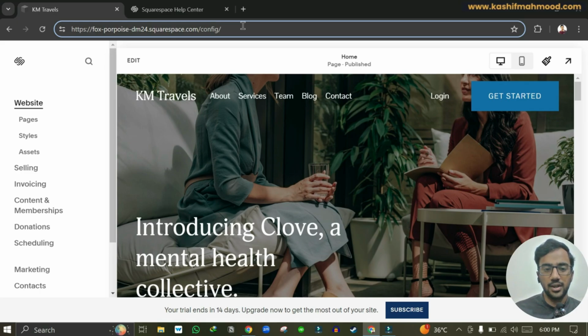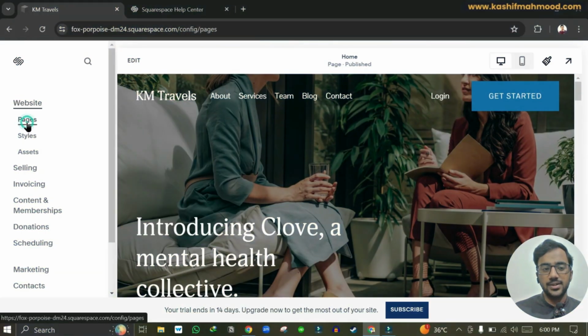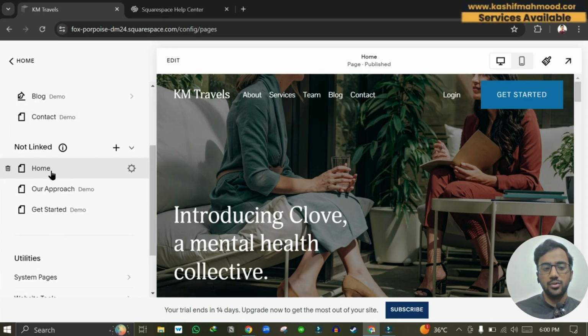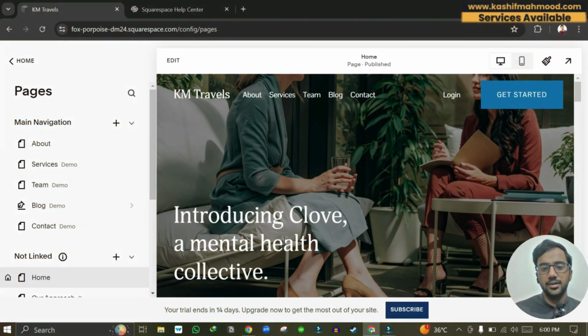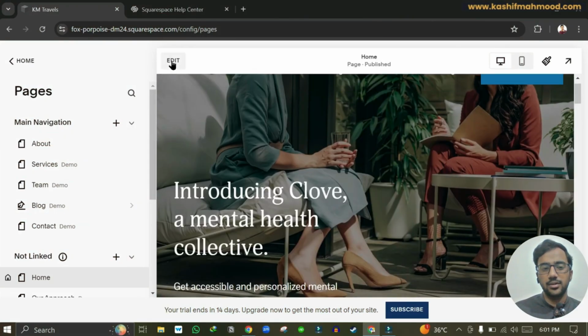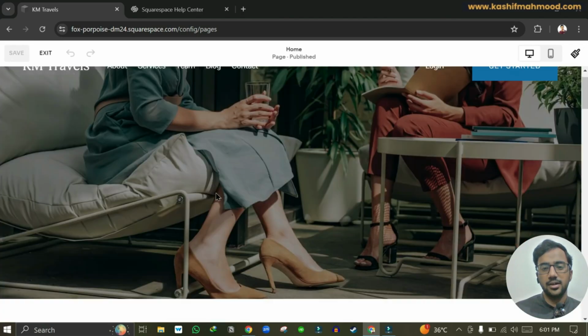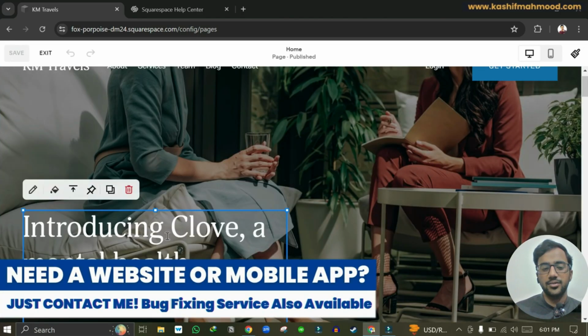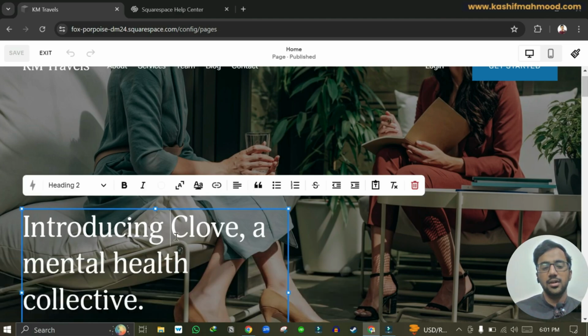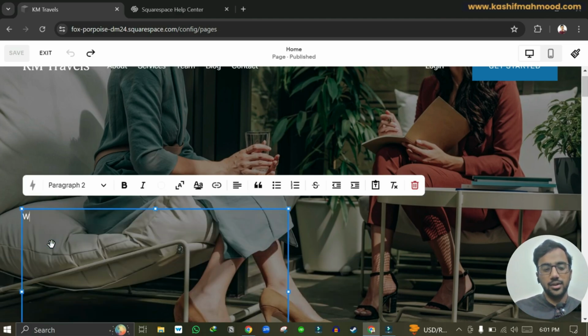So let's see how we can edit this template now. So to edit the template, we can go to pages, and here you will see all the pages that you have in your website. Here you can see the 5 pages, and then we have this home page over here. So to edit the home page, we can just go to home. So this is the home page. We can click on this edit button to open the editor mode, and here we can just click on any section to edit. So for example, we want to change text, so we can just click on it, and here we can write, we can say welcome to KM